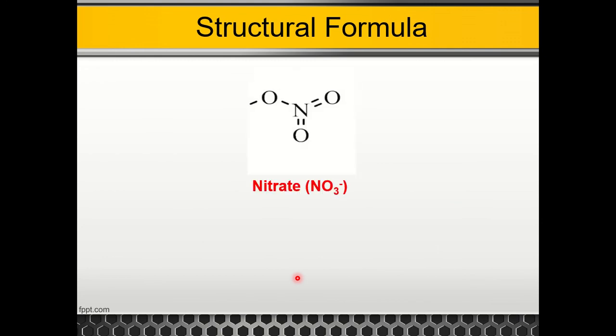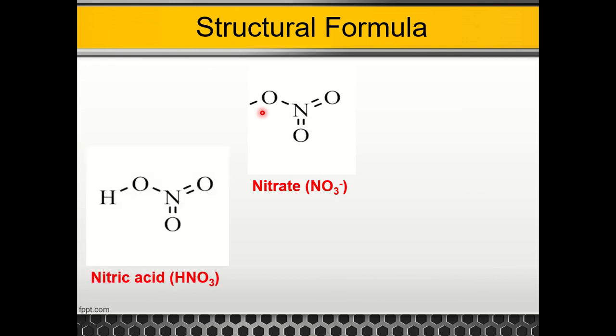Here, to write the structural formula of any compound made with the nitrate radical, you have to write at first the structural formula of nitrate, where the valency of nitrogen is 5. So you will write it this way. 2 oxygen atoms are double bonded, and 1 oxygen atom has a single bond, so it has 1 hand free. Now by using this 1 hand, it can hold hydrogen, then it will become nitric acid. It can hold potassium, then it will become potassium nitrate. It can hold sodium, then it will become sodium nitrate, like this.